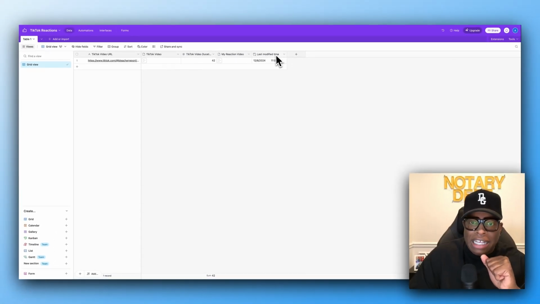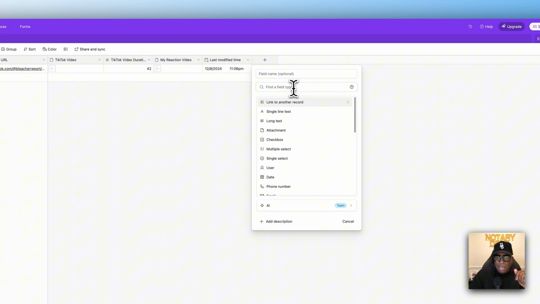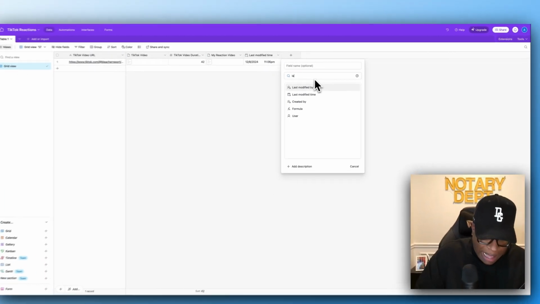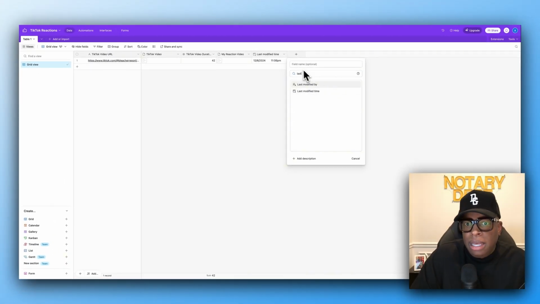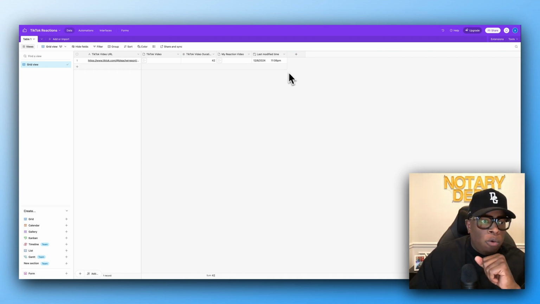So once you add last modified time, just to show you, just click on this plus field. And then when we go to find a field, just type last, and then you just want to enter last modified time and label it as last modified time. Okay. All right. Awesome. So once you have the sheet built, once you build the sheet,